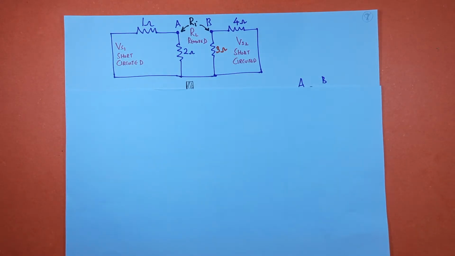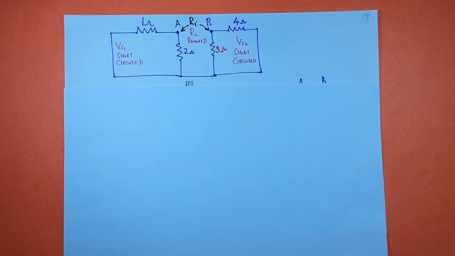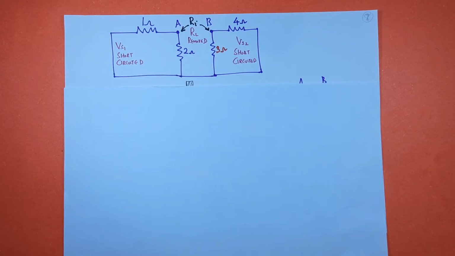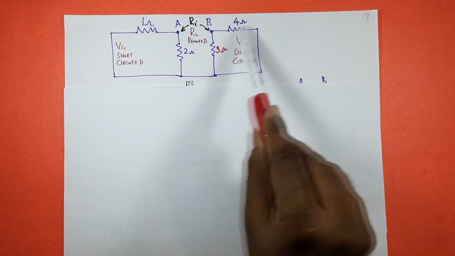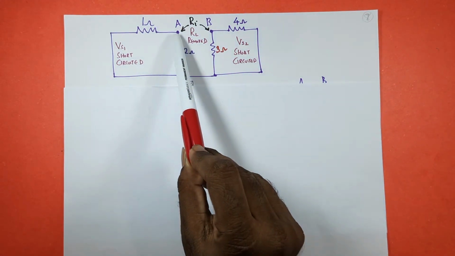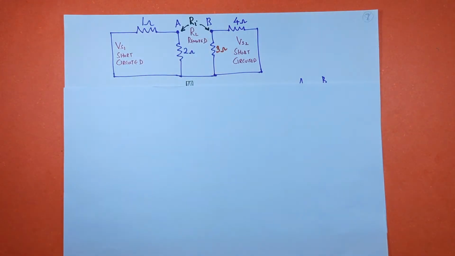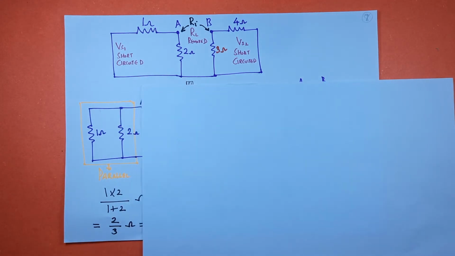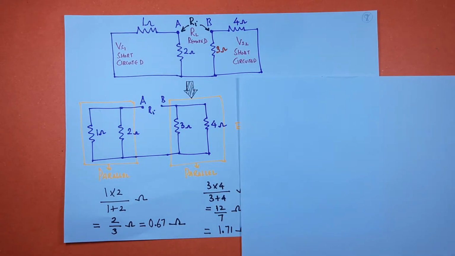Now I will show you step by step so that you can understand easily. So now what happened? RL removed and VS1 short circuited, VS2 short circuited. Between the 2 points, you have to find out the resistance, which is nothing but the Thevenin resistance Ri, or we are using the notation R Thevenin normally. Here we are representing it as internal resistance Ri. Now I will redraw the circuit for your convenience. Same circuit we have redrawn.